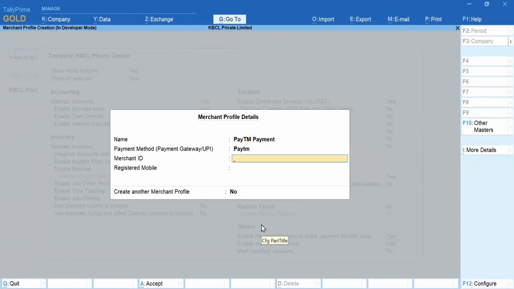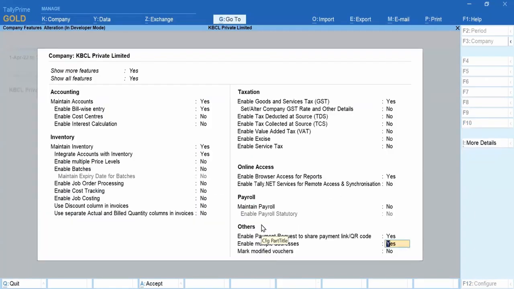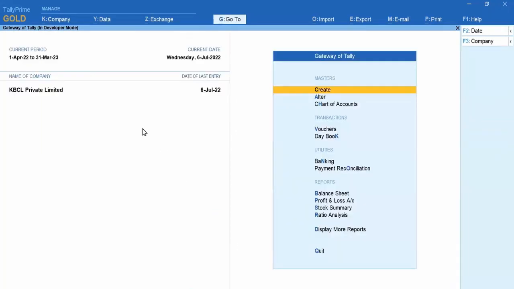Under the Paytm head, I'll put a valid Paytm ID, a registered mobile number, and create the profile. Once we create the profile,